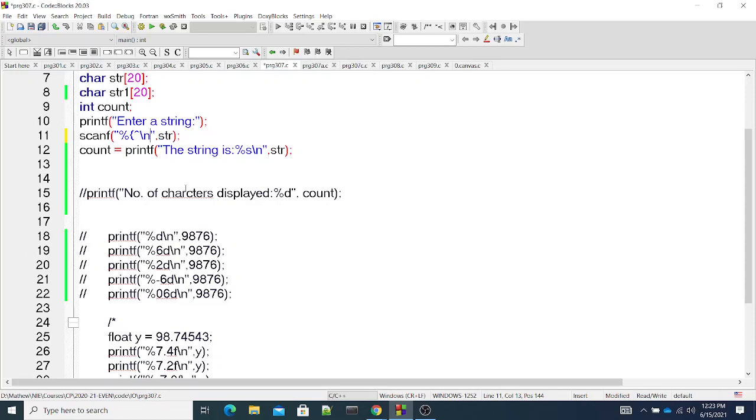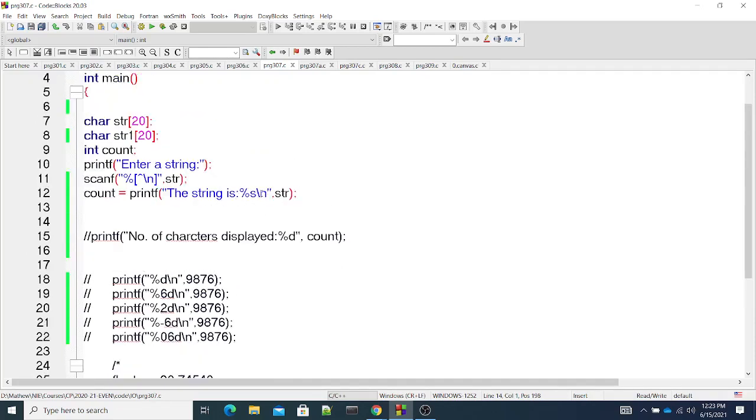Square bracket I should output. Okay. So this is another feature supported by this compiler, but this may not be supported by all the compilers. That again, disclaimer is there. Now what I am doing, instead of percentages I am specifying square bracket, this caret symbol followed by slash n, square bracket closed. Now if I execute,